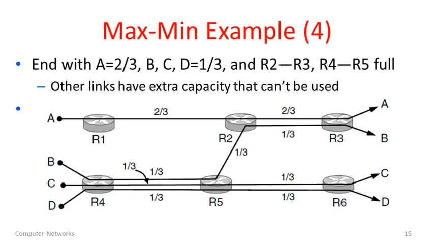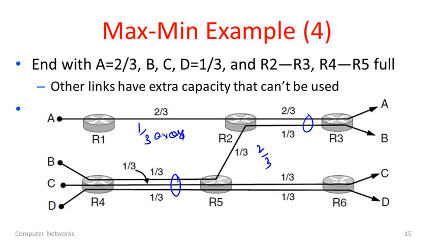Now in this allocation, 2 links were maxed out, between R4 and R5, and between R2 and R3. Some of the other links had unused capacity. That capacity simply couldn't be used in the network while still having a fair allocation. I'll just write down what it is so you can see it. Just looking between R1 and R2, we have 1/3 of a unit of excess capacity that's not used. Between R5 and R2, we have 2/3 of a unit. So we're really not using that link very much at all.